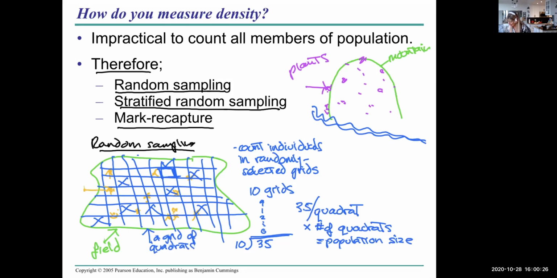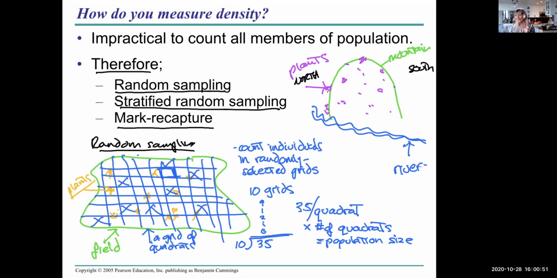Sorry, I should be labeling as I go along. These are plants. We're getting estimates of plant size, plant population size. So this is a river. And this is south over here. So this is south. This is north. On this side of the mountain,